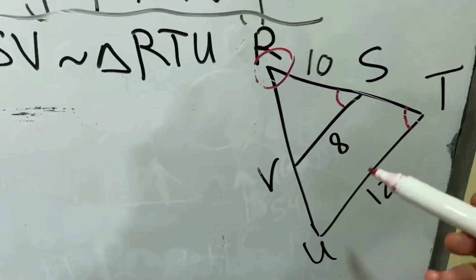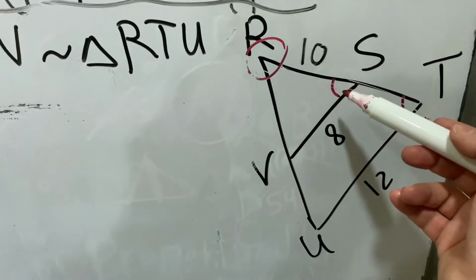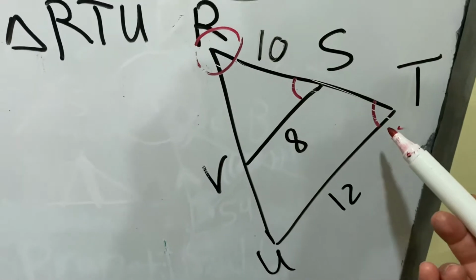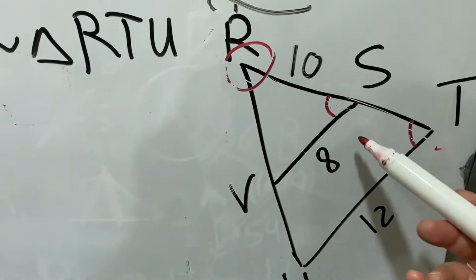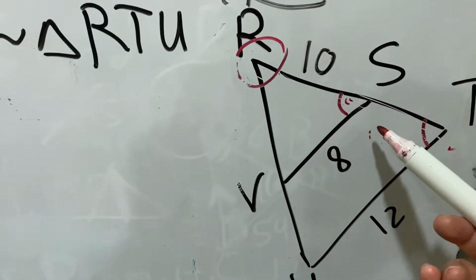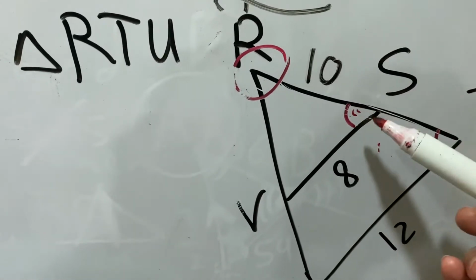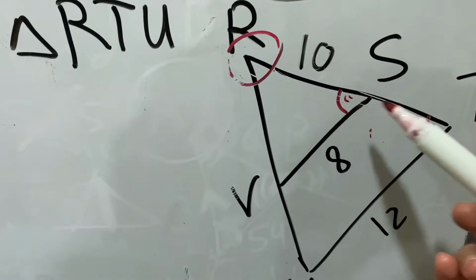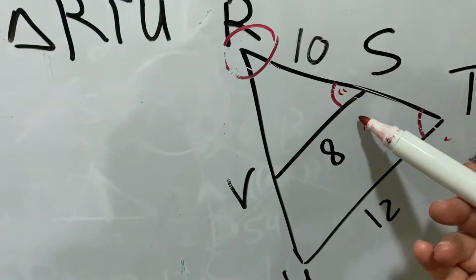The first angle, as we said, is given: angle T, congruent to this angle. But take care, T you can pronounce with one letter because it's only one angle. But S has two sides, from here and from here. So you have to pronounce S in three letters, not in one letter, not like T. Because S has two sides.